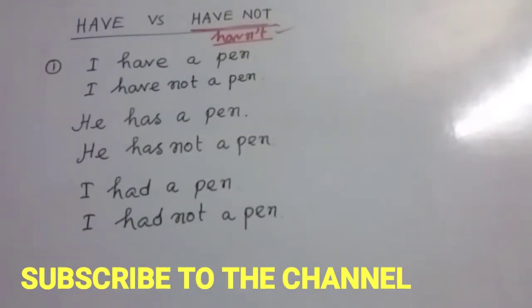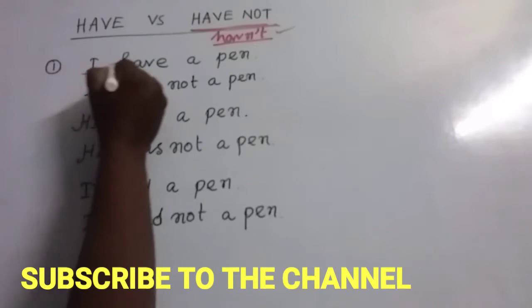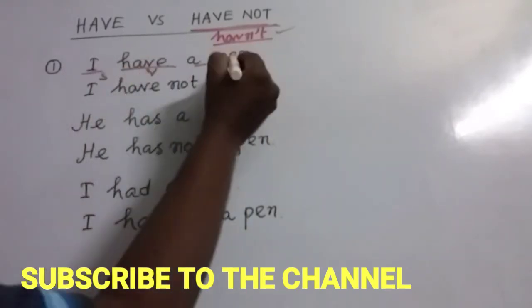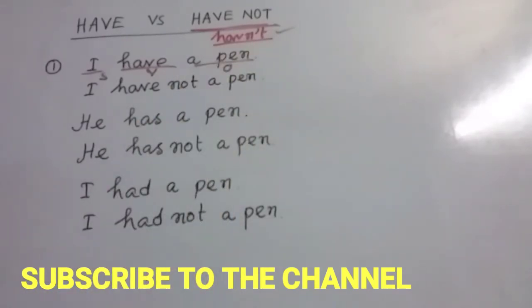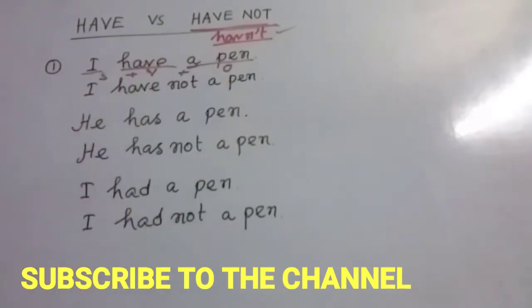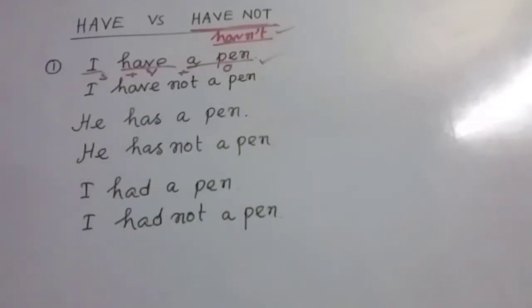My dear friends, I have written here some sentences. You can look at this. First of all, I have written here, I have a pen. So, I is the subject, have is the verb and pen is the object. And this term is a determiner. My dear friends, this is subject, then verb, then object. So, this is the basic structure of the English language. It's a complete sentence. There is no such problem. This is the correct one.